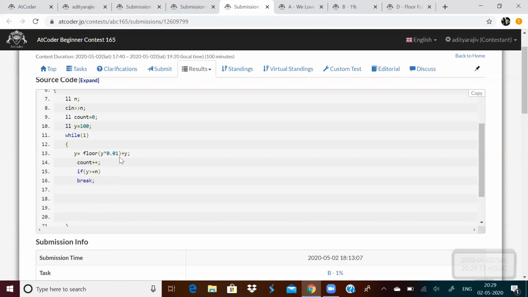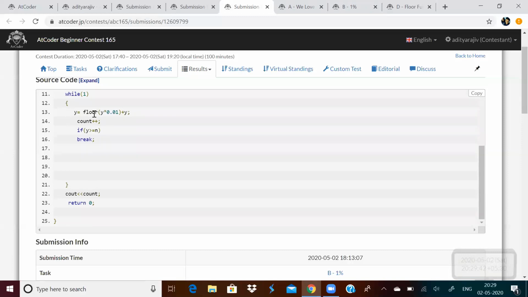And just apply this condition, floor of y into 0.01 plus y equals to y. Just equate it back, because every year that becomes the principal amount for the next year. So if y is greater than or equal to n, just break. And what do you have to print? Print count. So this will give you the answer.